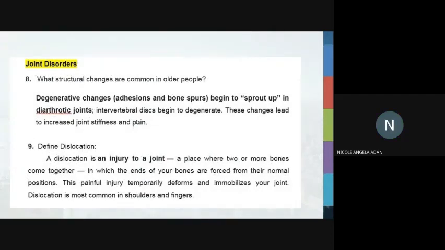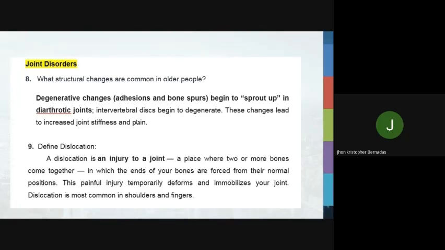For the muscles, Mo pagyapon, Kirk. Kailan nawala na. For joint disorders,